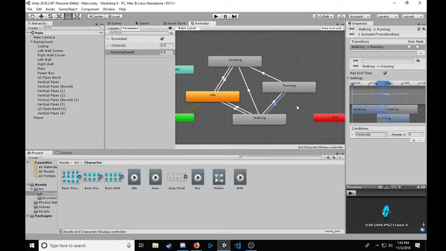Then while you could set that running speed to a value right there, we can also set that in the code, which we will do in a bit. So we will keep that at 0, but the first thing that happens, right when the scene loads, we will set that to a value. So right now, when x velocity is greater than,